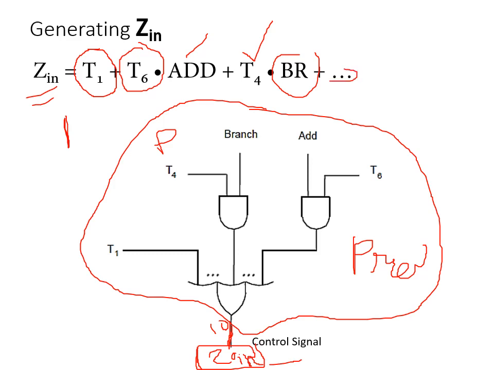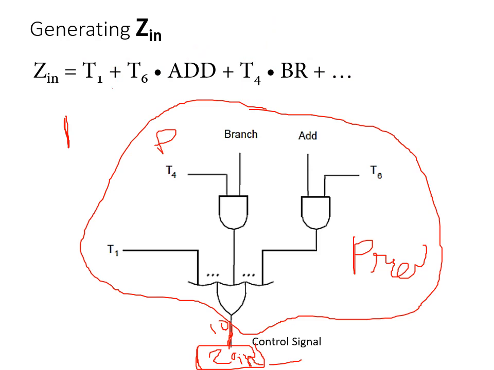Similarly, why are there dots? We don't know. There are 15 to 16,000 instructions in a RISC machine, around 1,000 instructions based on the various processors, a huge number of different possible combinations of instructions called the instruction set. So go to every instruction and find out at which particular clock cycle during that instruction ZIN must be executed. Based on that, we have written a logic equation or expression.